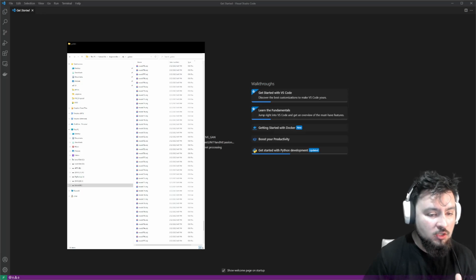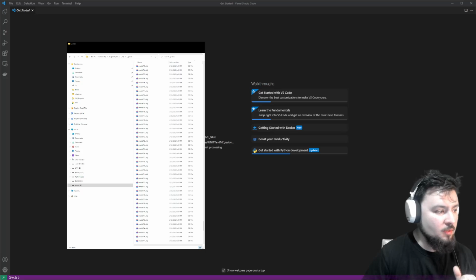For Windows, you just need to download this file here. It's a Windows executable, and be careful because usually antiviruses will think that this is a virus. I checked the file many times and it doesn't have any virus. So be careful. So now I'm going to show you actually the